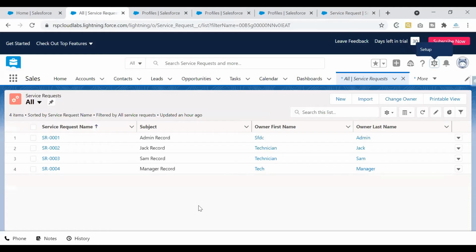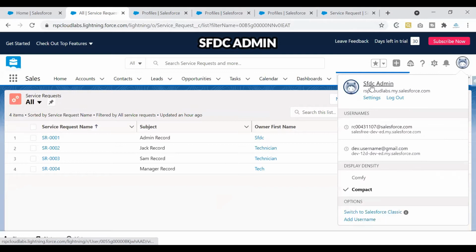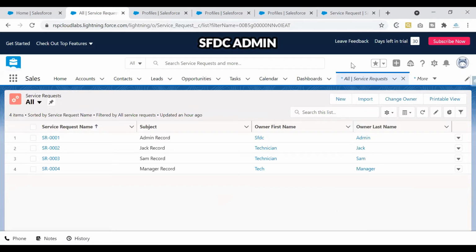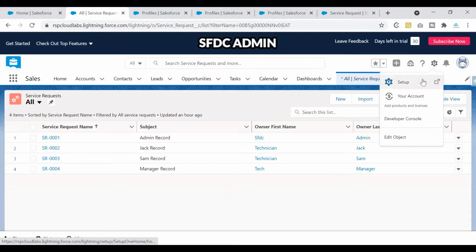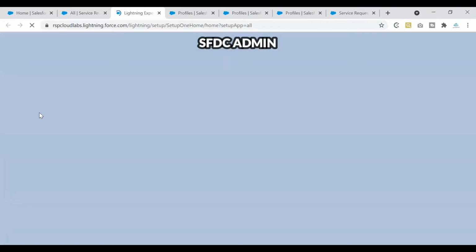Now it's the time for demos. Let's see how we can set up our OWD. In order to do this setup, I'm logged in as my SFDC admin. So I'm doing this configuration as an SFDC admin. Few seconds from now, we'll see how this setup that we have done so far would be impacting the other users. Now, in order to set up the OWD, click from the gear icon and click on setup.